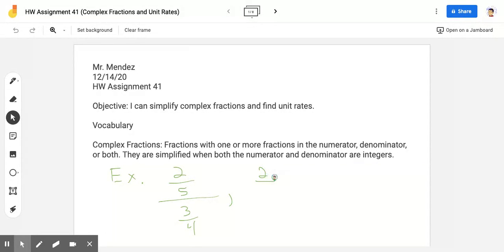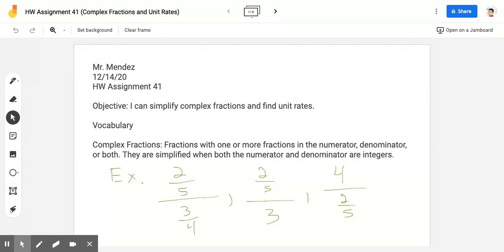So 2/5 over 3, or 4 over 2/5. All right, so these are all examples of complex fractions. Notice that there is a fraction in your numerator or your denominator. My advice, whenever you're writing a complex fraction,